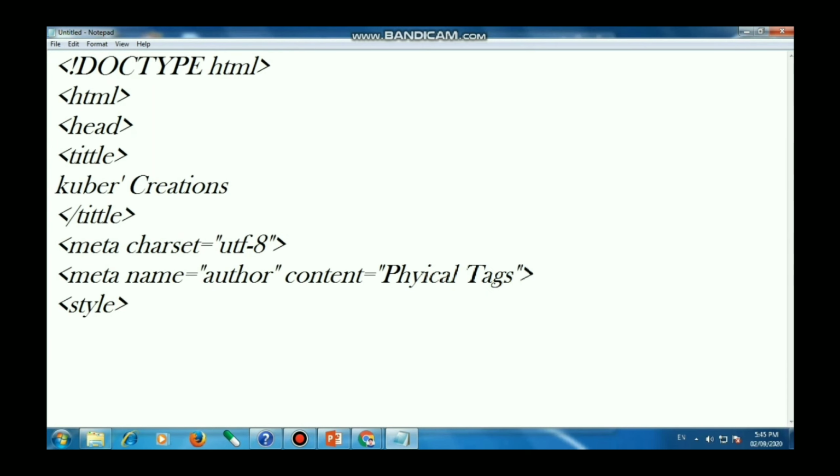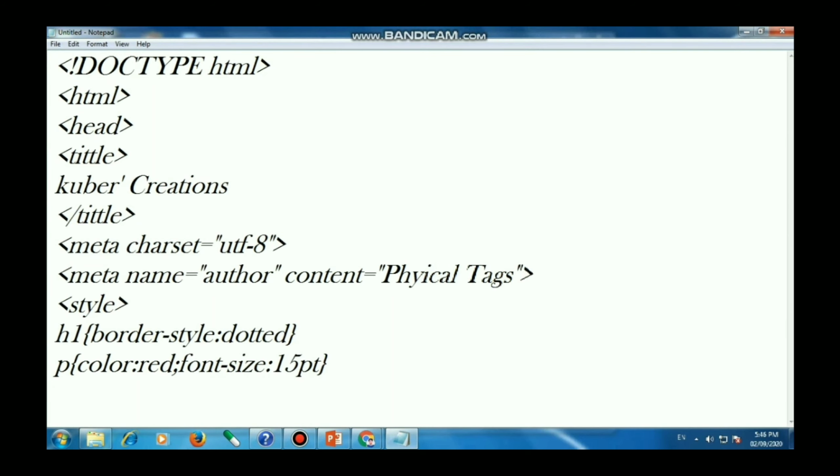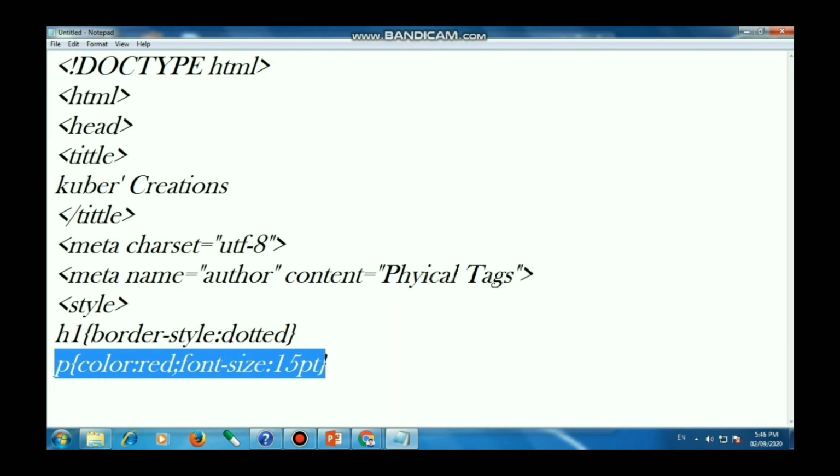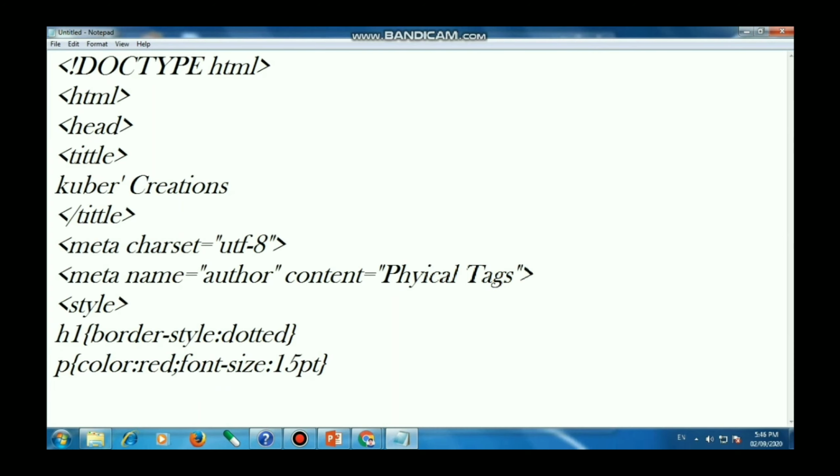After this, open the style tag. Then h1 in brackets, border style dotted. Then p in brackets, color red, font size 15. This is optional, you can choose your own, for example color orange and font size 19.